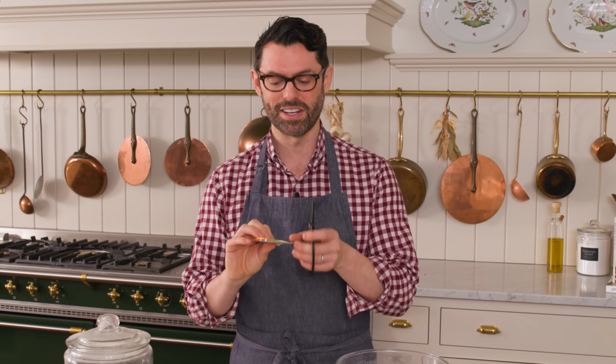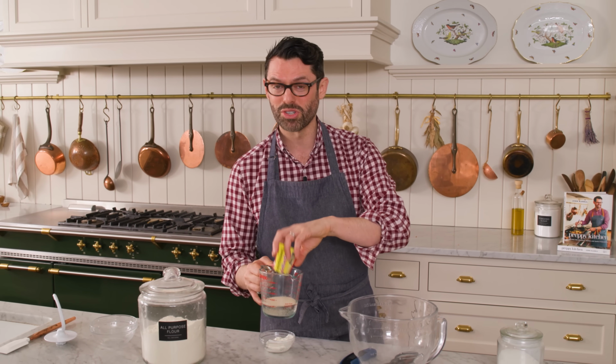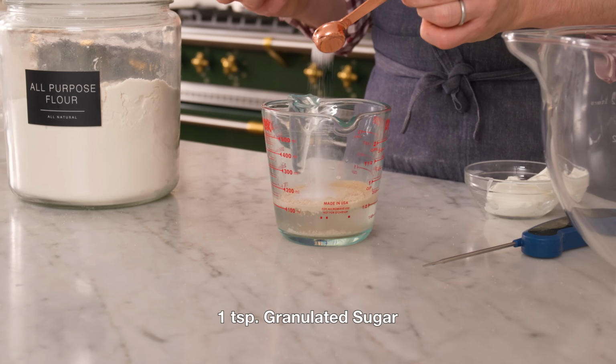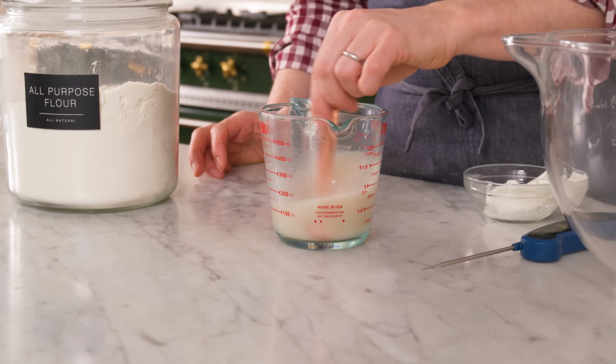Now I want 2 1/4 teaspoons or 1/4 ounce packet of active dry yeast. Sprinkle that in. You don't want the water too hot or those yeast will die. That'd be so sad. And to help them wake up, I have 1 teaspoon of sugar. Give that a stir. We're gonna let this stand at room temperature for 5 to 10 minutes,